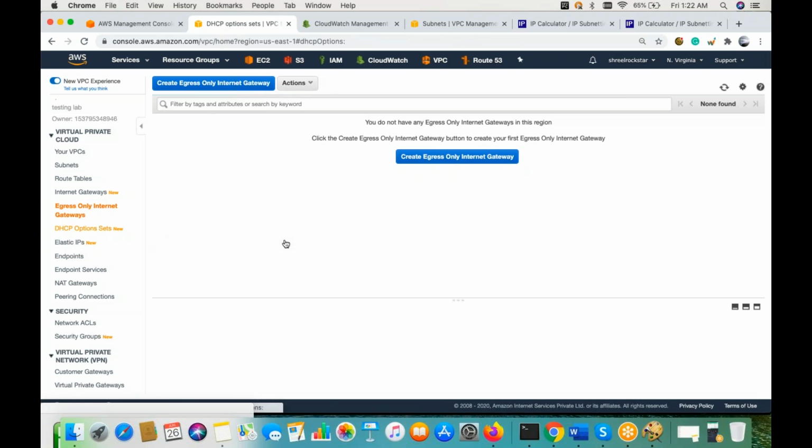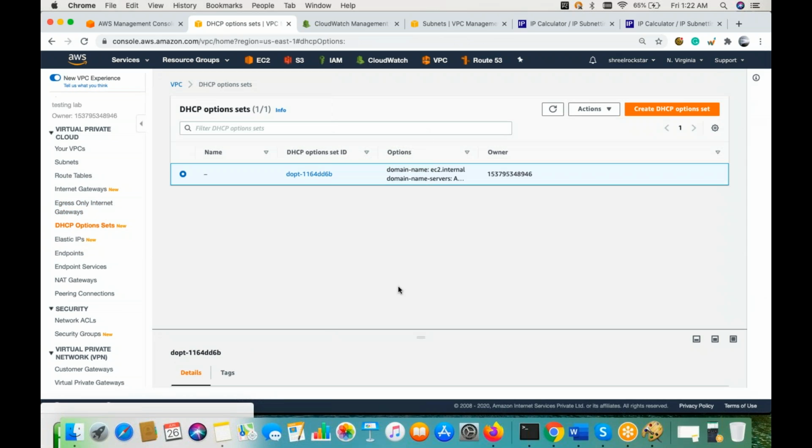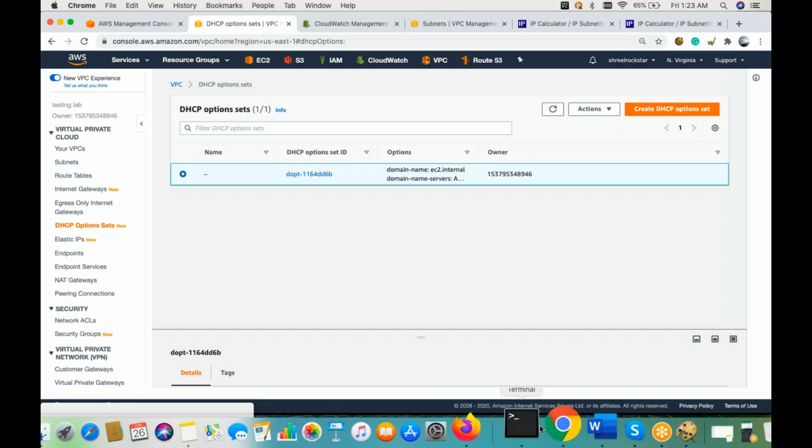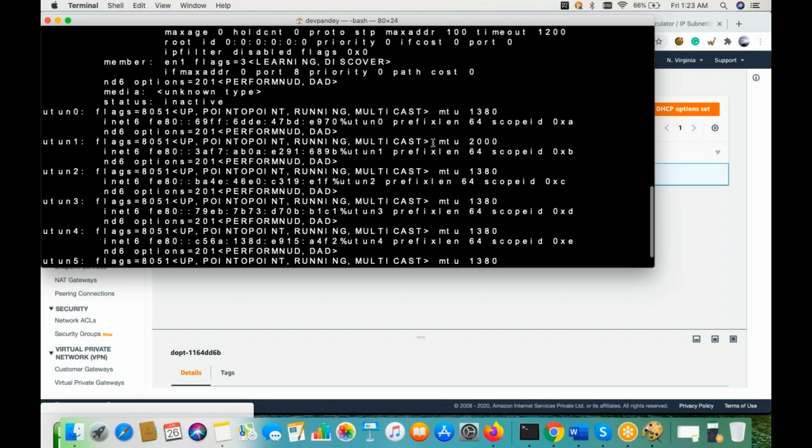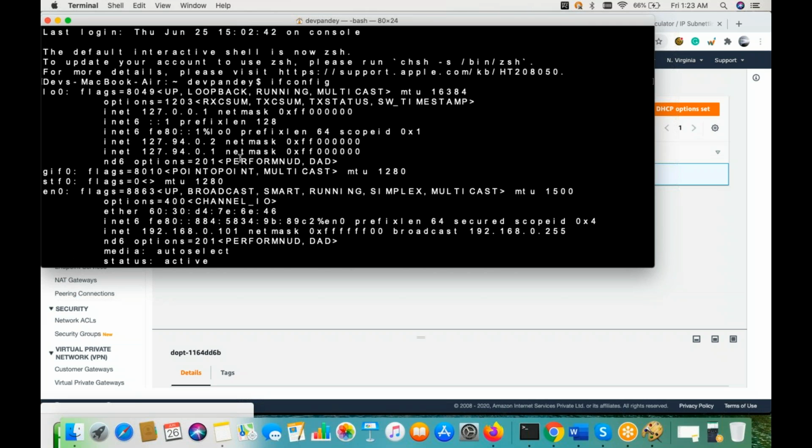Okay. Now, guys, another is DHCP. DHCP is Dynamic Host Configuration Protocol. It's something called automation, which AWS does for us. If you see my terminal, if I run ifconfig, I have an IP address, like 192.168.0.101.